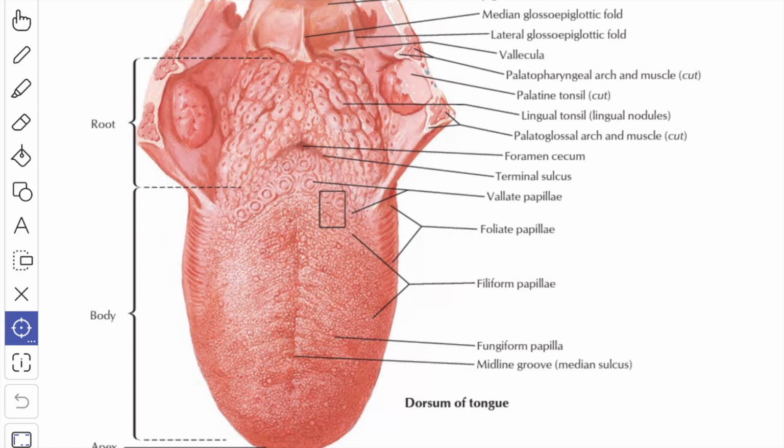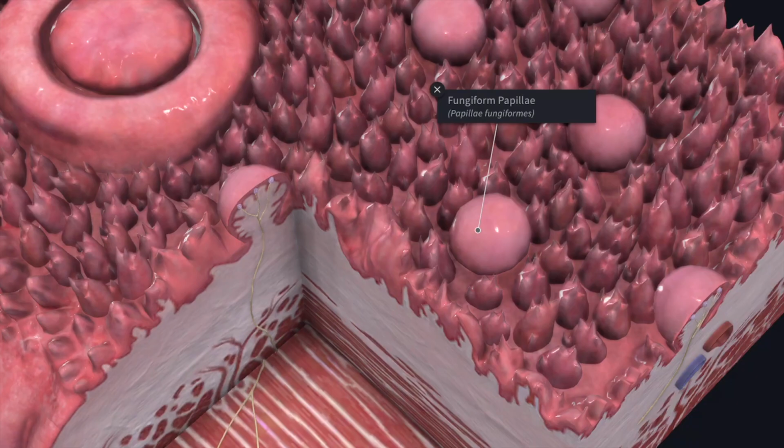So next papilla is the fungiform papilla. So these are the fungiform papilla. These are rounded reddish elevations situated discretely along the sides and the tips of the tongue. They also contain the taste buds. So here in the model you can see this is the fungiform. It looks like a mushroom.